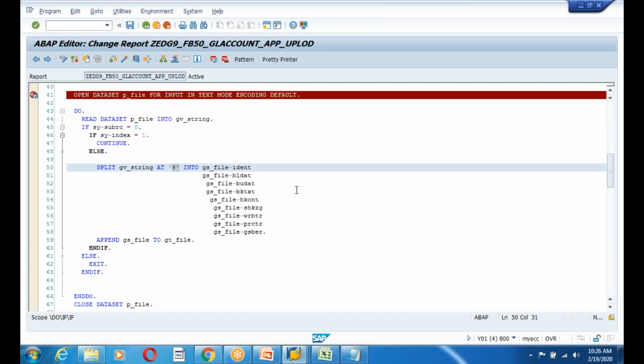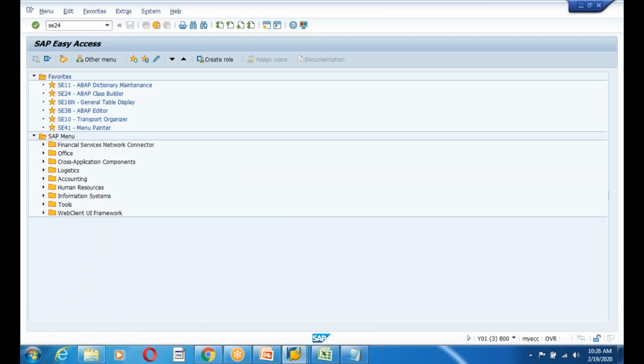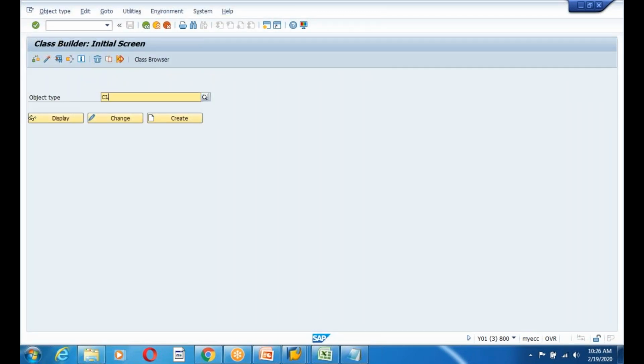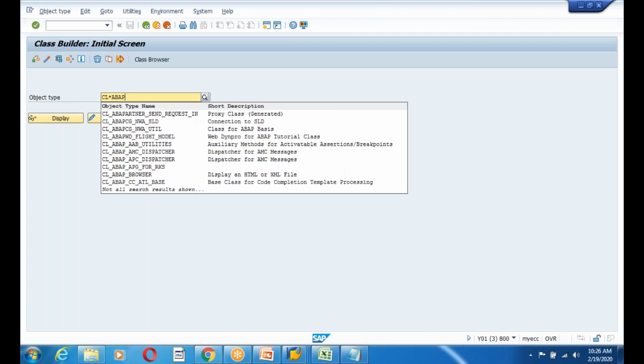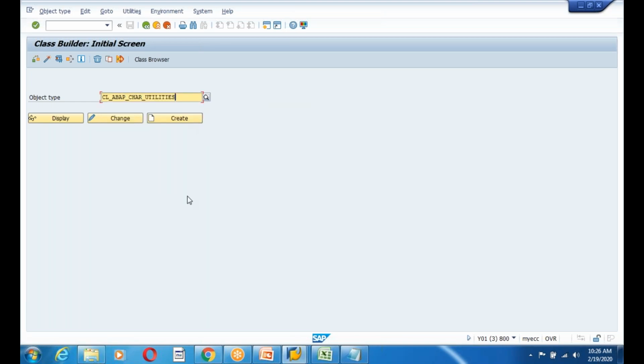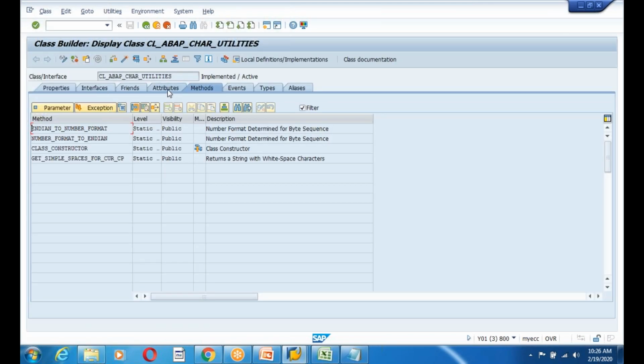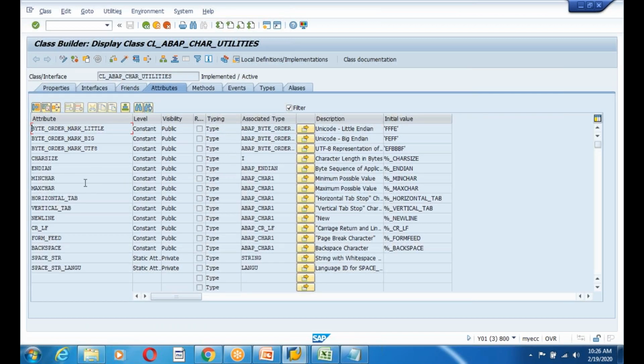There is a class, guys, in the ABAP utility class SE24, CL_ABAP_CHAR_UTILITIES. This is the class which we have to use, guys. So in this class display, go to the attributes, and here you can see one is the new line, CRLF, which is a line feed, and we have something, guys,